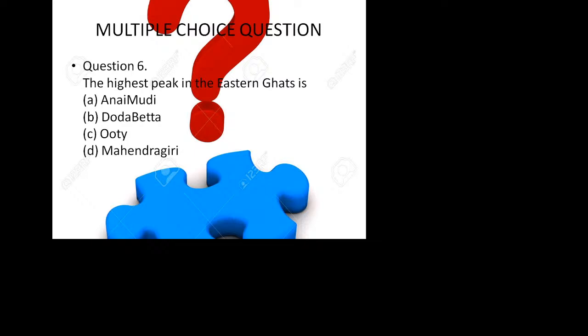Okay, again I am repeating the question. The highest peak in the Eastern Ghats is option A, Anaimudi, option B, Doda Beta, option C, Ooty and option D, Mahendra Giri. Now tell the answer. The question is visible on your screen. Send me the answer for this. A, B